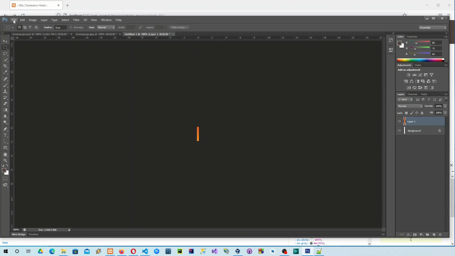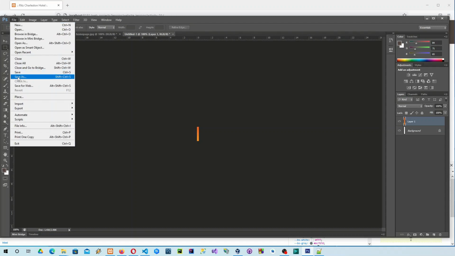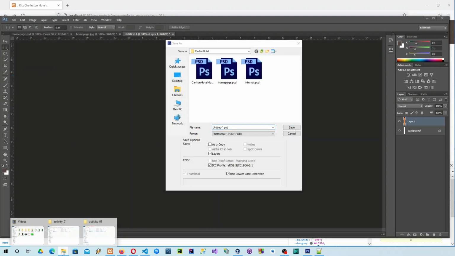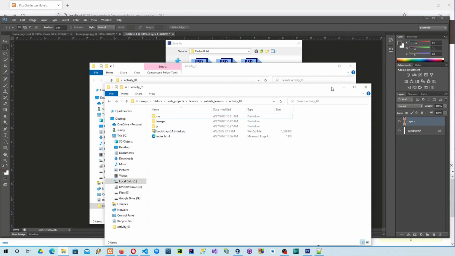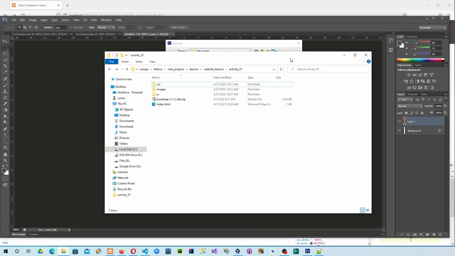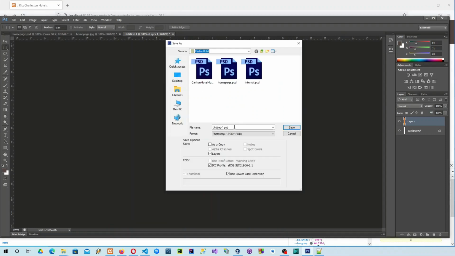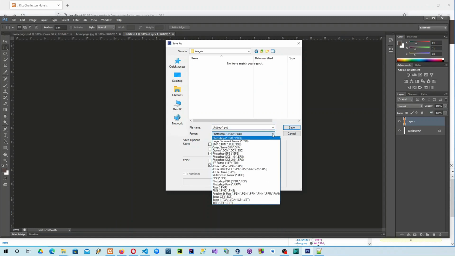Now I'm going to click file, then save as. I'll be opening my activity, this one, not the other one. This one is actually inside my website lessons. So as I've said, all of the images will be stored inside this folder, images. So I'm going to copy all of these files, then paste, save. Now for the format, let's try to use this time